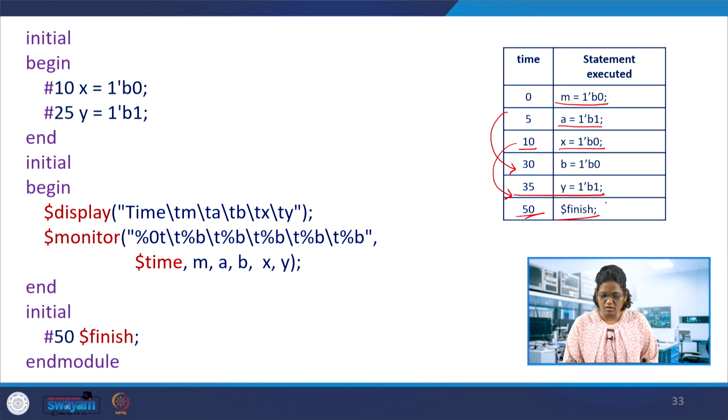So this is the way, even though you have multiple initial statements, it looks at the simulator time which is referred, and keeps switching between these initial blocks for execution depending on the time which is specified. If there is no time specified, the statements are executed sequentially, and every initial block is concurrent.